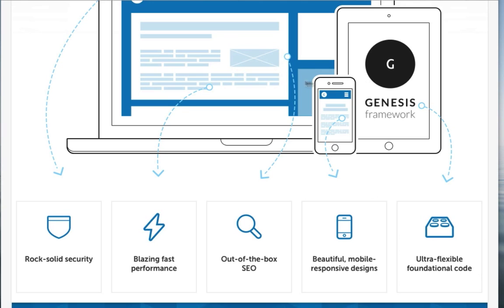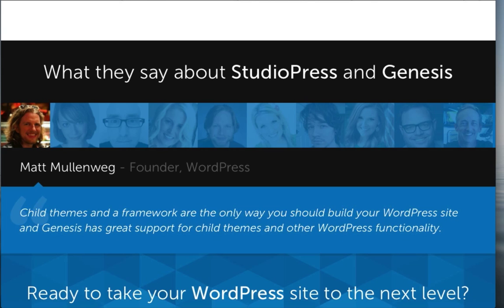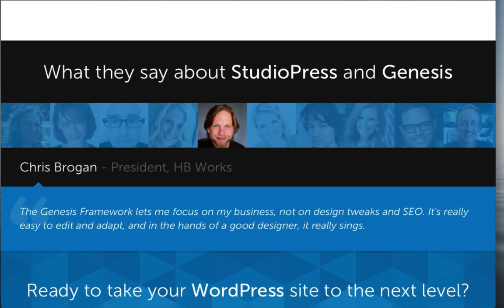So the great news with Genesis is that not only are you getting a beautiful design on the outside, but you can rest assured that the code that is actually generating your website is state-of-the-art code. It's clean, it's optimized, and it adheres to the latest WordPress security standards. And it's for these reasons that over 100,000 website owners, including many of the web's leading internet marketers, bloggers, media producers, and developers, trust the Genesis framework along with the StudioPress child themes to serve their content.